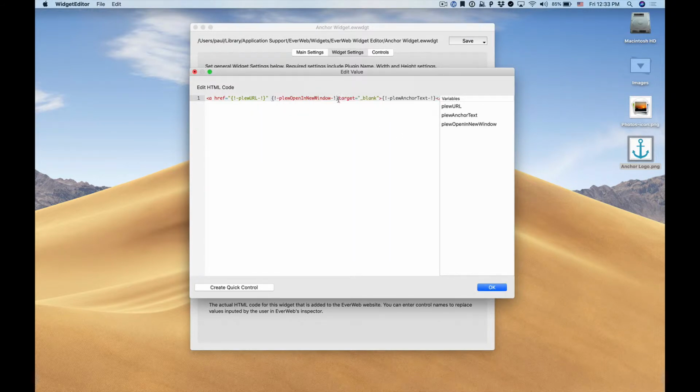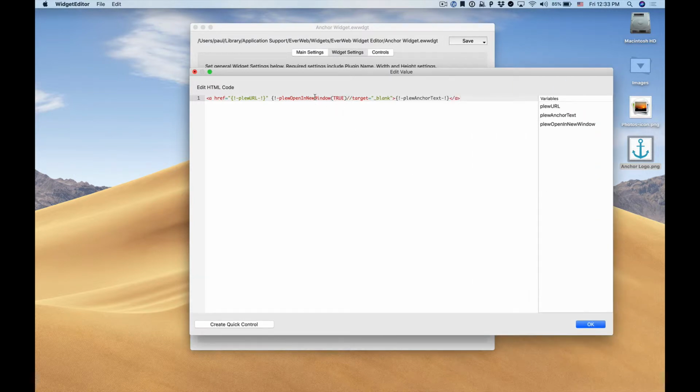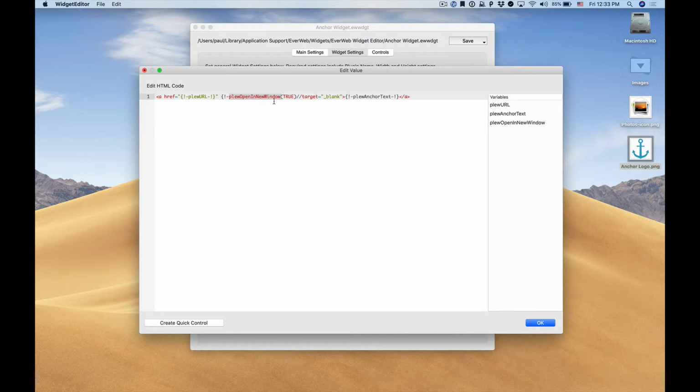When we click OK, we'll see that our variable name is added to our HTML, but we have to customize this a bit. So we'll remove the last three characters, and to do an if-then statement, we include the value in brackets and then 2 slashes. In this case, we're saying if this variable is set to true, so if the checkbox is checked, we want to include this code. So these 2 slashes and the following slashes with our variable name,